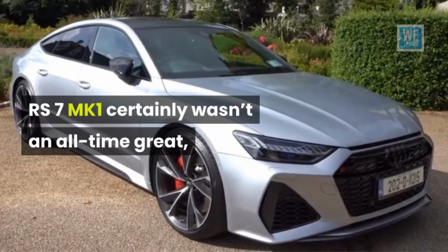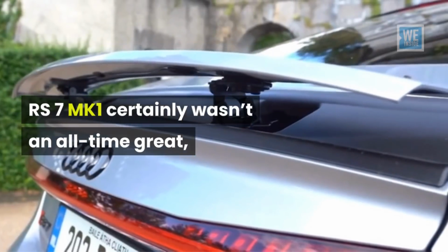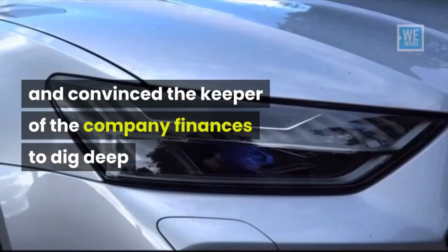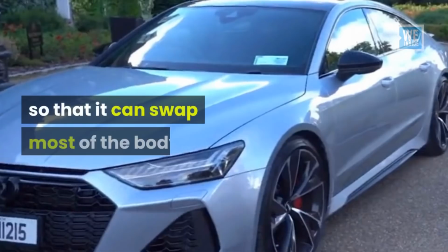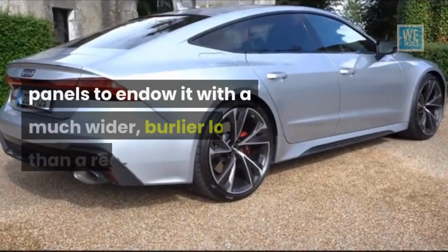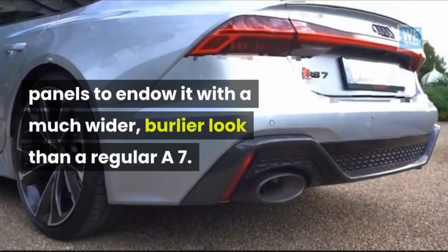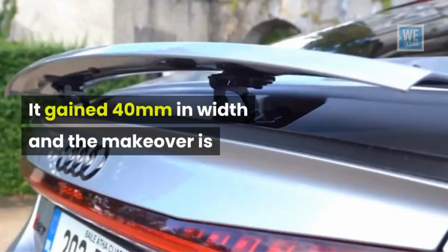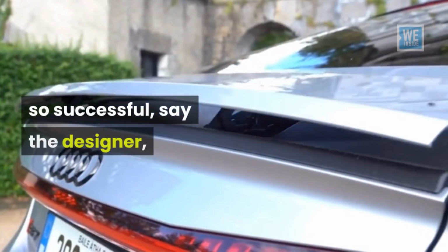The RS7 Mk1 certainly wasn't all-time great, so Audi went back to the drawing board and convinced the keeper of the company finances to dig deep so that it could restyle most of the body panels to endow it with a much wider, burlier look than the regular A7. It's gained 40 mm in width, and the makeover is so successful, say the designers,